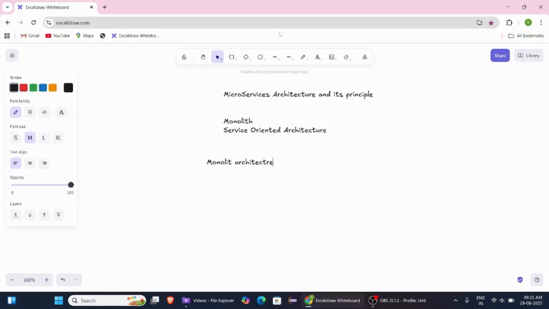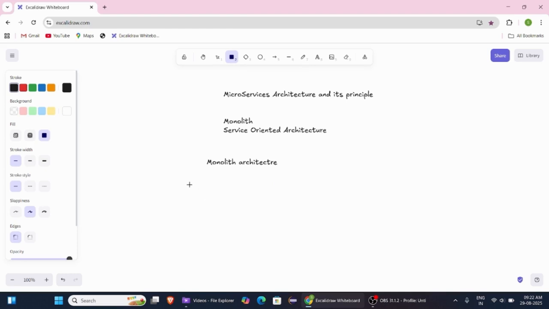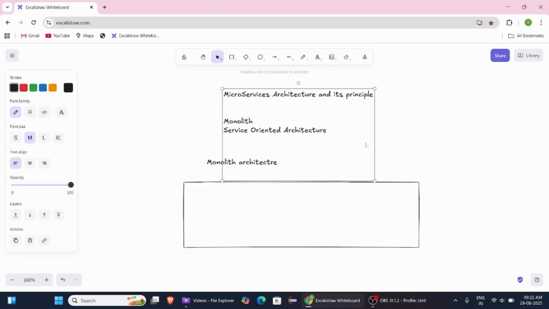Now let's understand what monolith architecture is. Monolith architecture is also a type of architecture, but it has some drawbacks. Then the market uses microservices. So now let's understand with an example. We have one project and